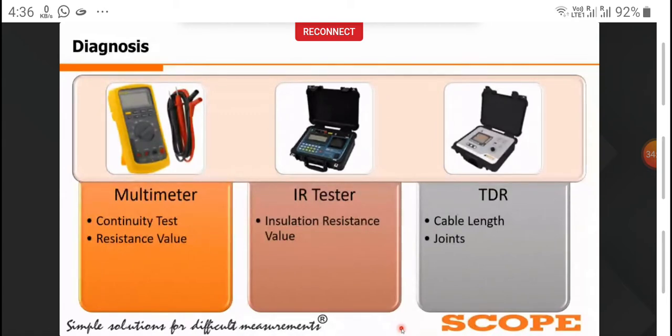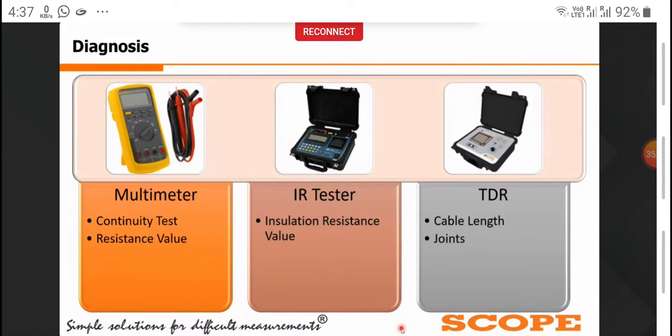After that, if we are not getting any open circuit, short circuit or low resistance fault in the cable, then we have to test the cable using the IR tester. The IR value will give us the fault resistance in the cable. So we will note down whichever pair is faulty. If we are getting the IR value as infinity, then it is a healthy core, which means a healthy pair. If the IR value is continuously varying from zero, it means that there is moisture in the cable. So we will note down all the readings in the log sheet.